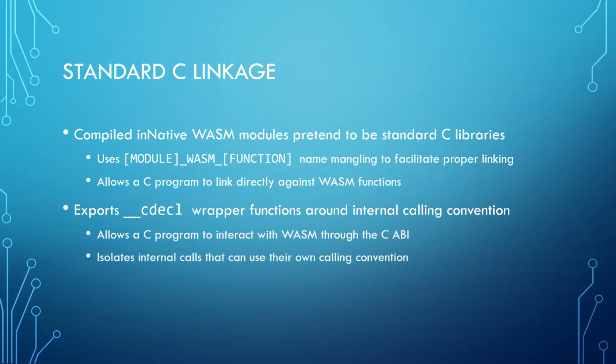And so the internal calls can use their own calling convention and do crazy weird stuff to be optimized. And this is one reason we're able to get really good performance,